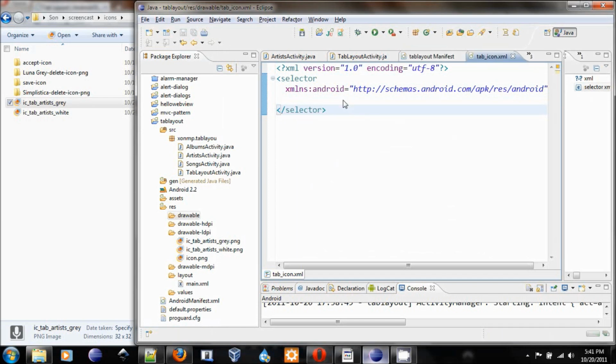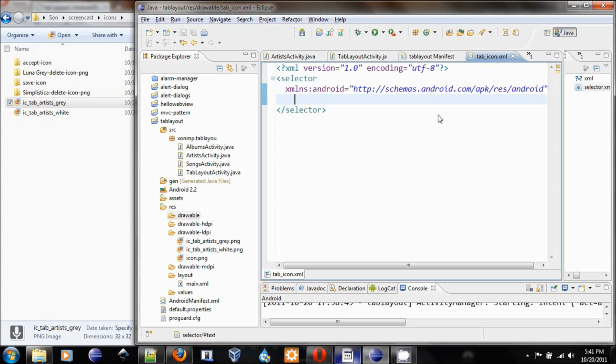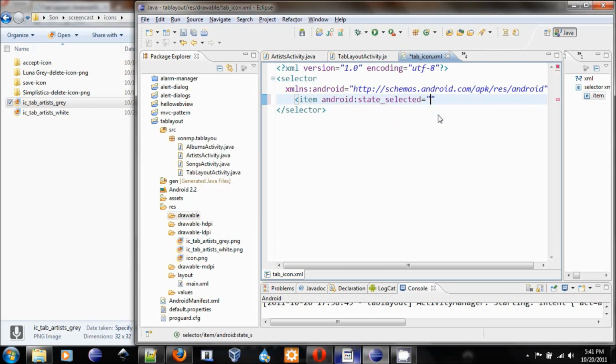The selector will select the appropriate icon for the appropriate context. So in this case, we have 2 states. One is selected, another one is unselected. So item Android state selected. If it's equal to true, then we will use the gray icon. So add drawable